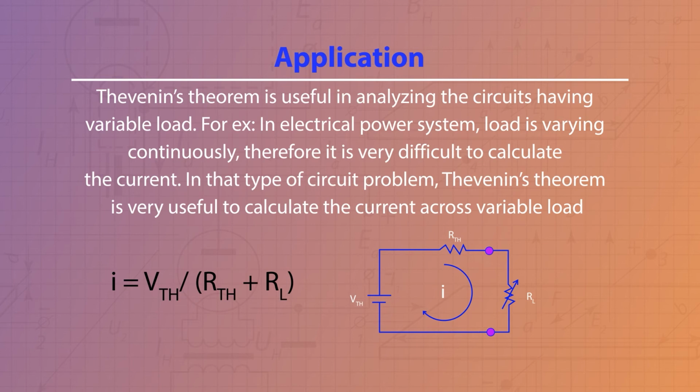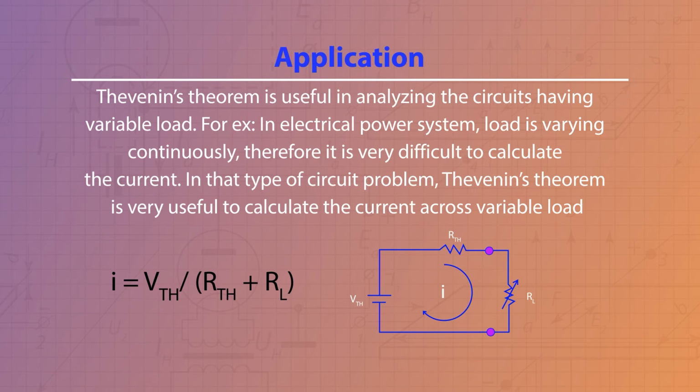What quantity is going to change? That is the load resistance. So the load current can be calculated as I is equal to VTH upon RTH plus RL. VTH and RTH are fixed; the value that is going to change is the load resistance. So again and again you put in the value of the load resistance and you can easily find out the load current. Suppose you have to calculate the load current when the load resistance is 10 kilo ohm. VTH and RTH are fixed, just put the value of load resistance as 10 kilo ohm, and you are able to calculate the load current.